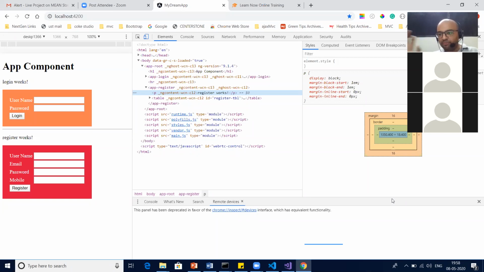Very simple. The only thing is you need to do things systematically. The rest, the whole framework, the Angular framework will take care. You just need to do things systematically. You do it systematically, no error, no bug, no one is going to bother you. But if you mess up, then it's a different story altogether. So do things systematically.